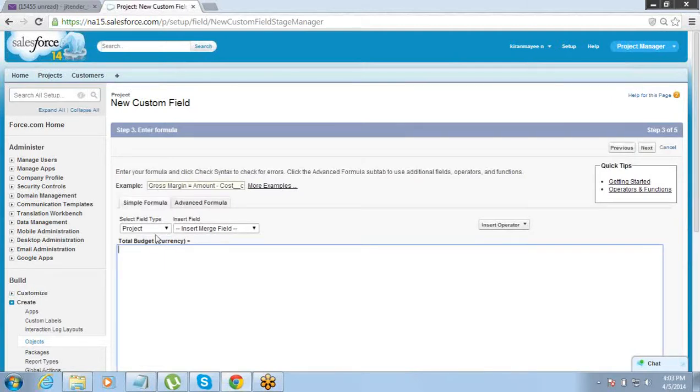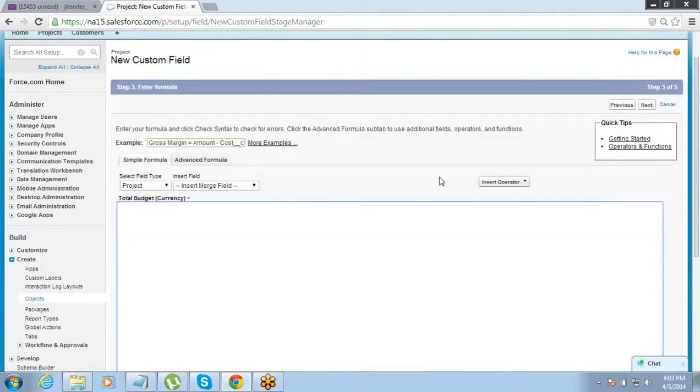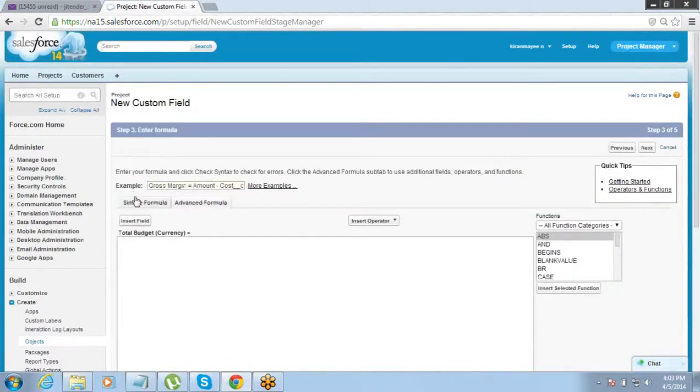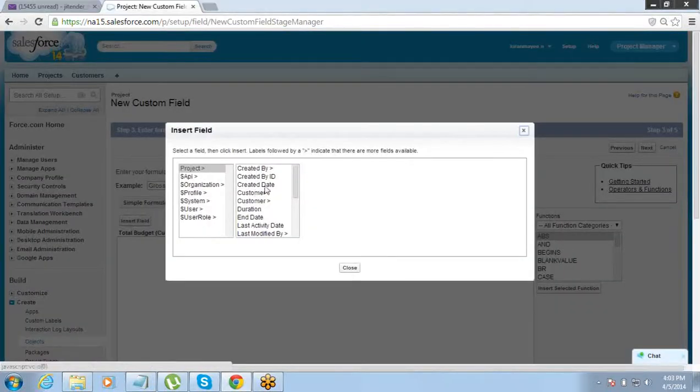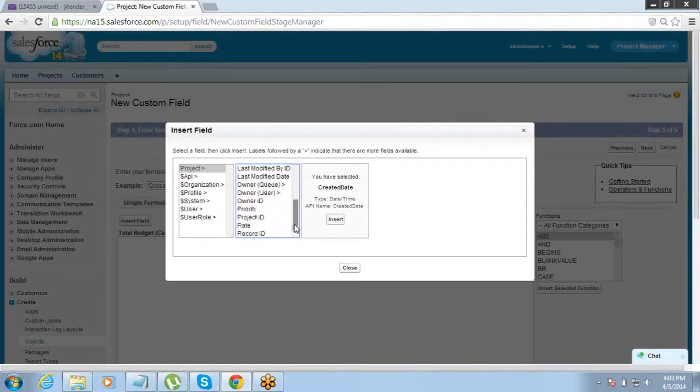Now we have to put the formula here. This is the area where you enter your formula. Go to advanced formula. By default it's simple formula, so you don't need that. Straight away go to advanced formula. Click on insert field and insert the field that you want in the formula. The first field is duration of the project.